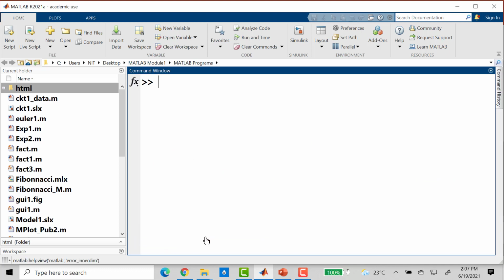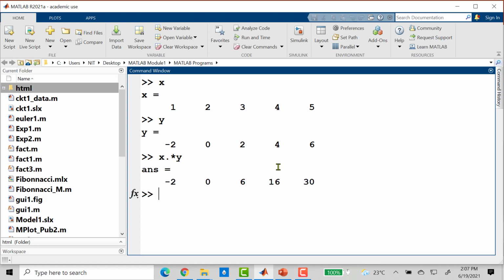So instead of doing that, if you have this x and y with 5 elements, and in place of doing the previous one, you place a dot before this multiplier, you will get a different kind of operation. Typically we know it as an array operation or element by element operation. So this dot before this star will change the operation entirely, and now the multiplication is not matrix multiplication, it is now array multiplication we call. And in fact it's element by element multiplication.